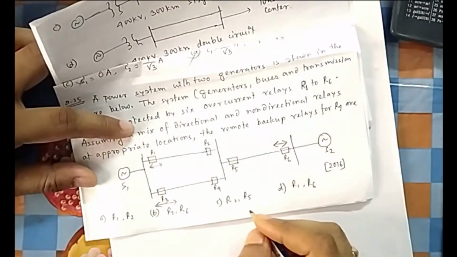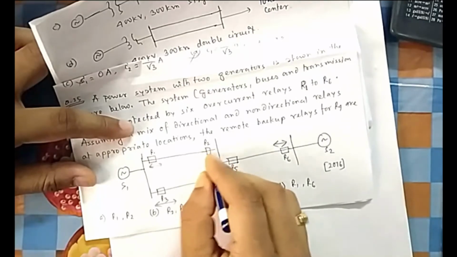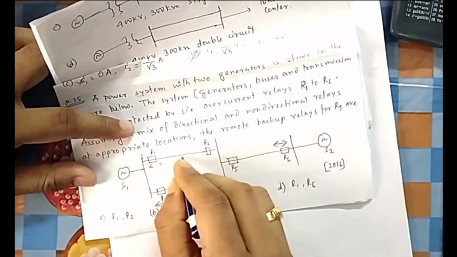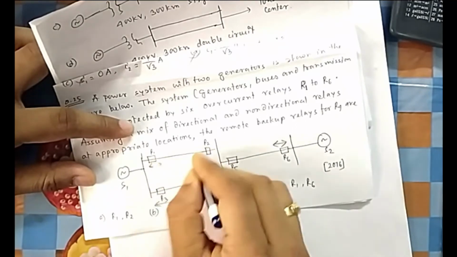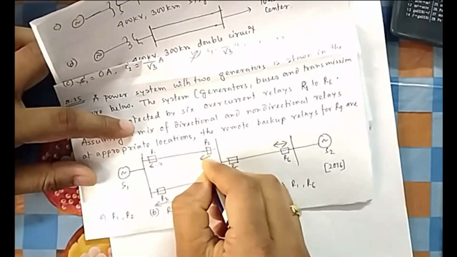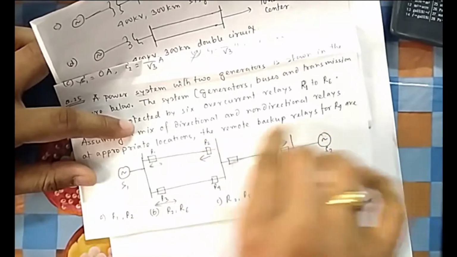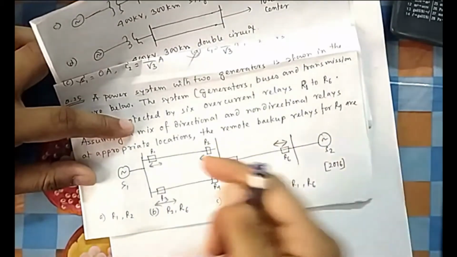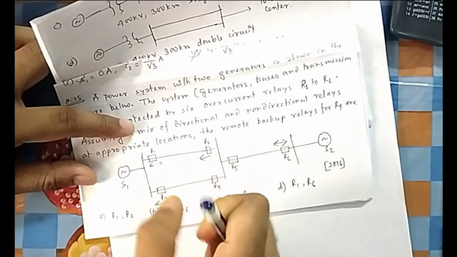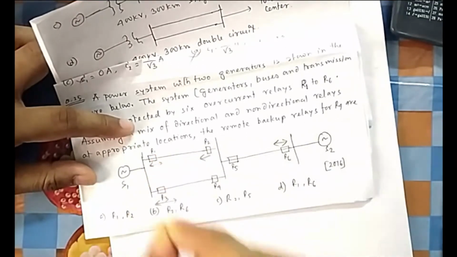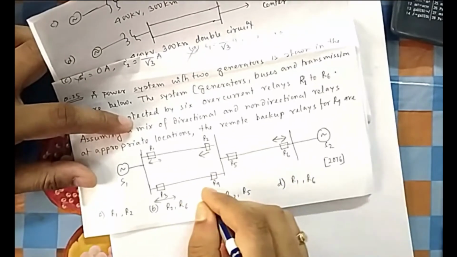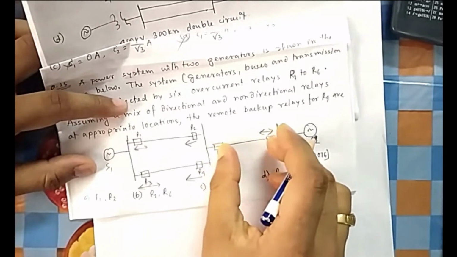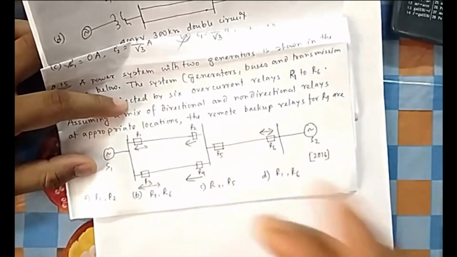Bidirectional means both directions. And for the rest, what is the purpose of this? The current should not come through this way. So it should protect this line only. So it should look this way, not that way. If it is looking that way, that means it is looking at another line. This one is given to protect this one, because these two relays should take out this line. So this relay should look here, not on the other side. So here also this should look at this line, because this line has to be taken out.